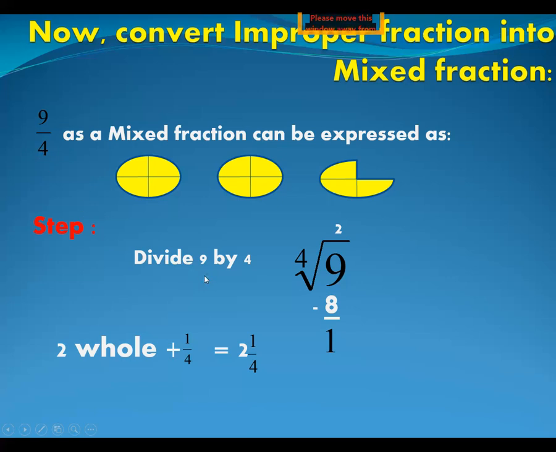So now we are going to apply the same thing over here. For division, we will be needing a divisor and a dividend. So remember one thing, my children, 9 means your numerator will be your dividend. It means it will go inside your radical. 4 means denominator will be your divisor, which will be written outside the radical, like this.